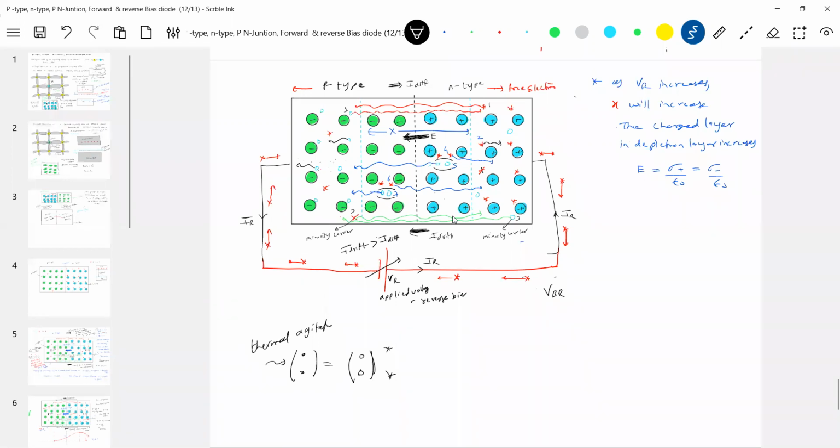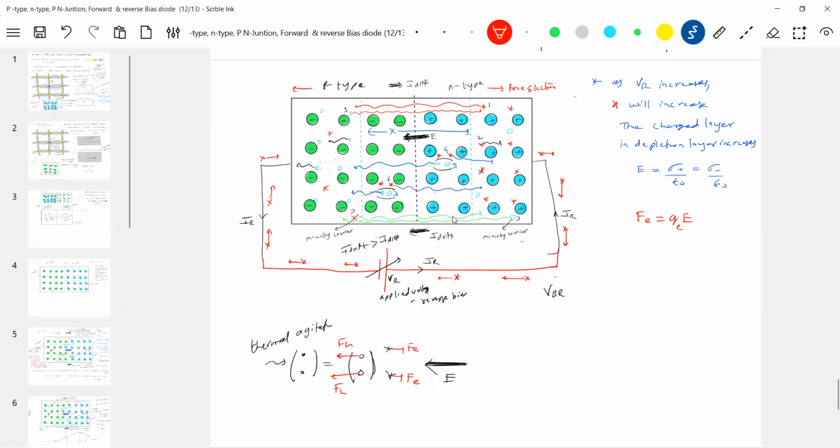Now there is an electrostatic field. What will this electrostatic field do? It will exert a force towards the right on the electron. So this electron will experience a force in this direction. What about the hole? The hole will experience force like this. This electron will now get accelerated, F equal to q E.